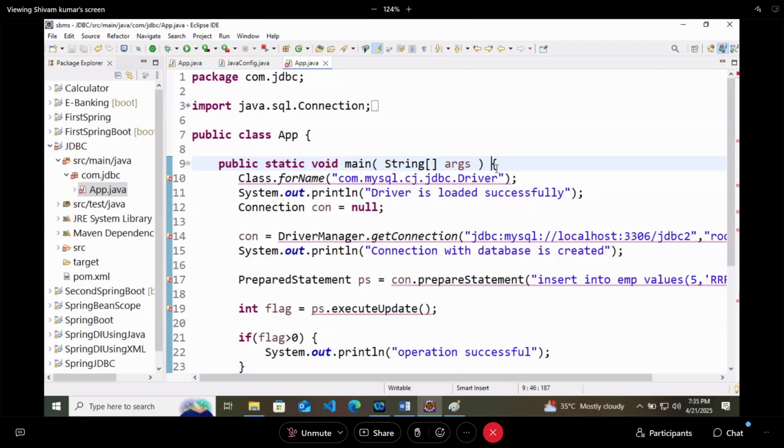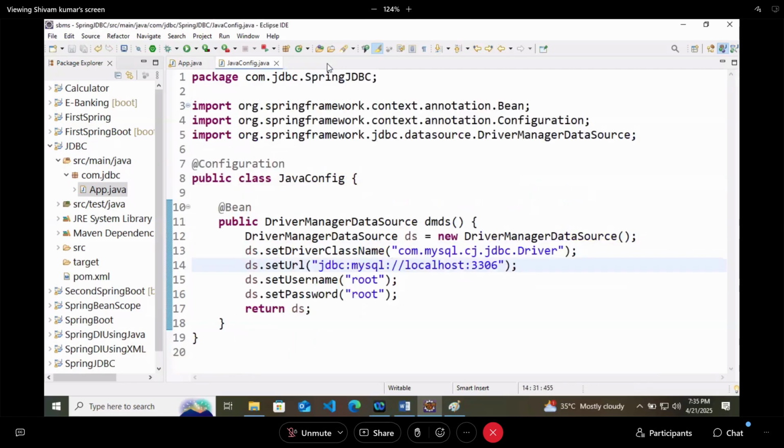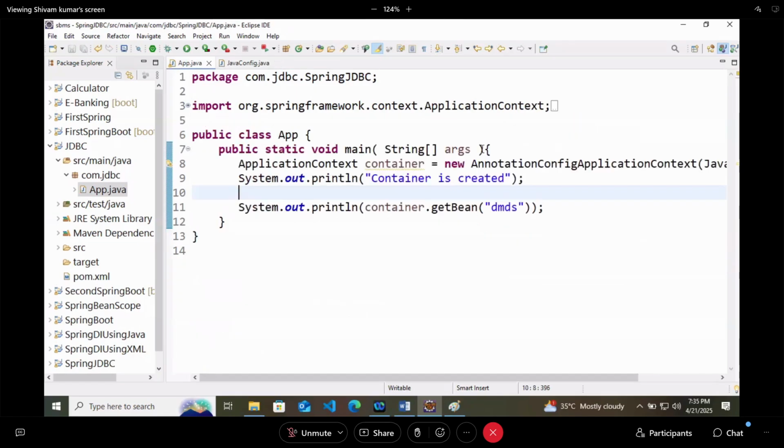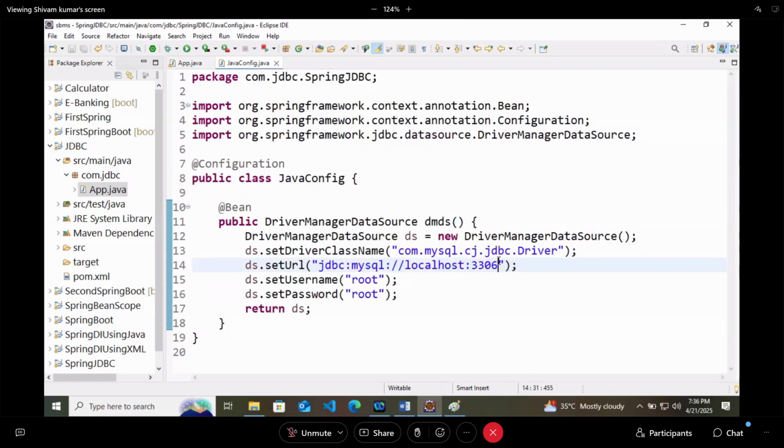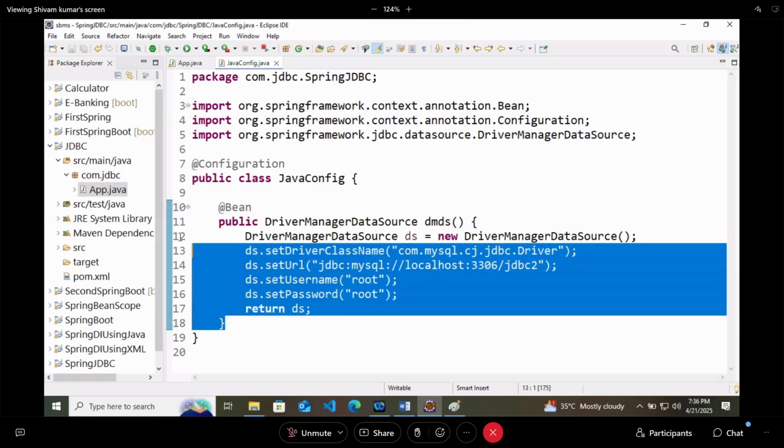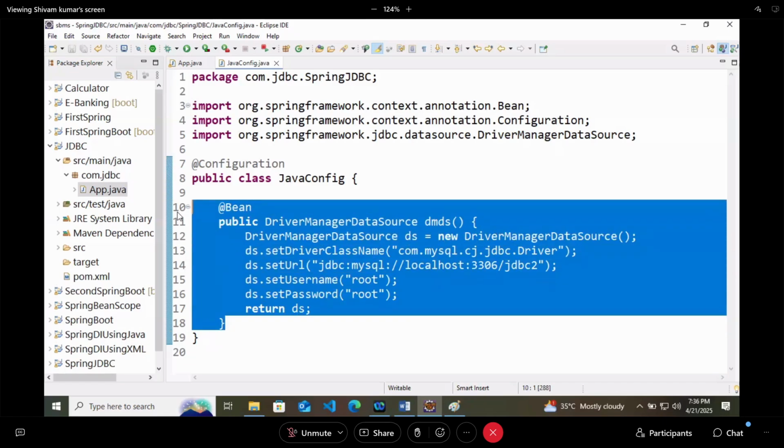So all kinds of exceptions are easily handled by Spring JDBC, because here I am not writing throws exception. You're not writing anything, so everything is internally managed by Spring JDBC.